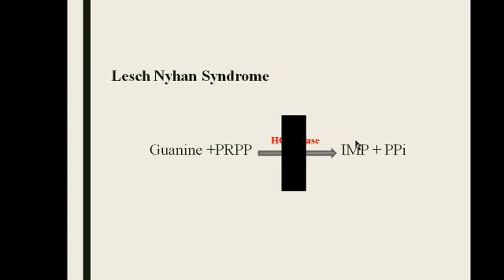Now there is more and more product. I told you to maintain the balance, the availability of PRPP is mainly dependent upon its utilization via the salvage pathway, pyrimidine biosynthesis, and purine biosynthesis. Suppose the HGPRT enzyme is deficient, the inhibitory effect will not be there on the pathway of de novo synthesis. When the inhibitory effect is removed, there is more and more production and more degradation, resulting in a uric acid pool.